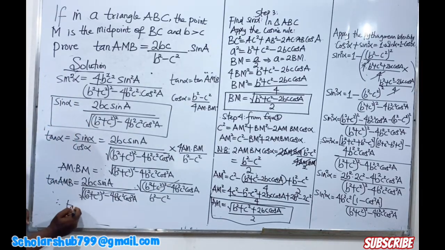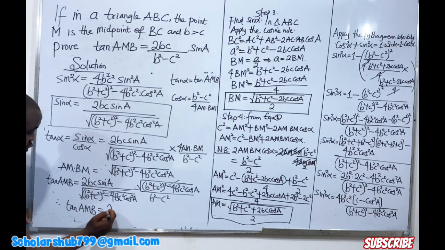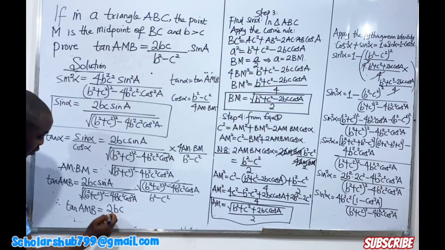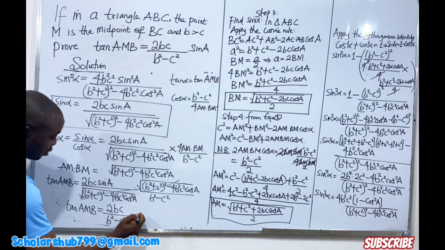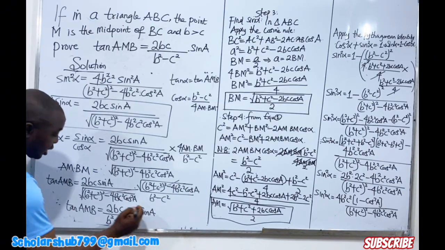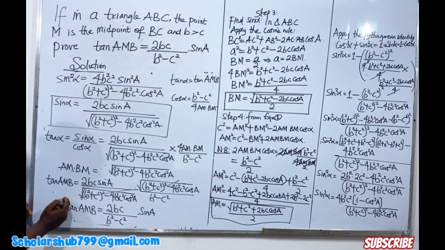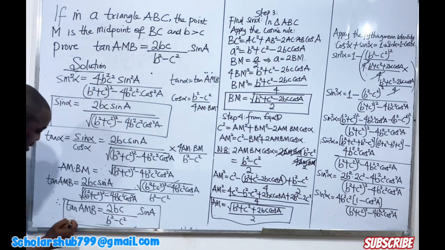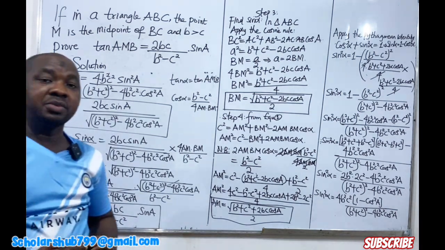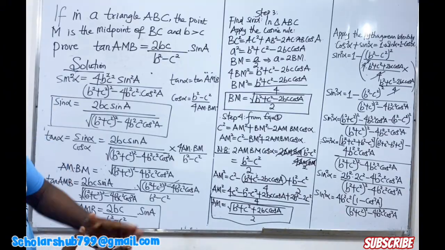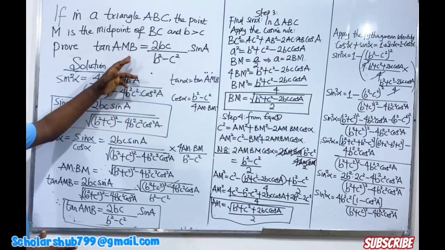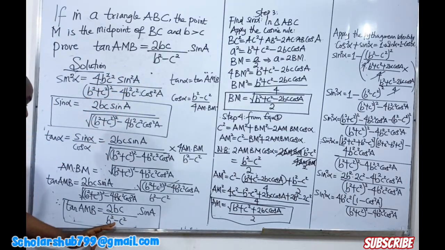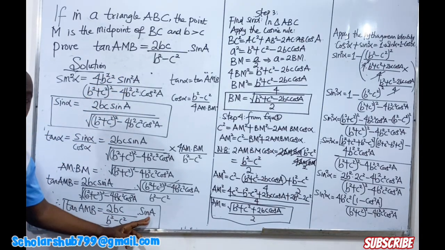Then we are left with tan AMB equals 2bc divided by b squared minus c squared, multiplied by sin A. And we just proved that if the point M is the midpoint of BC, when side B is greater than C, then tan AMB will be 2bc sin A divided by